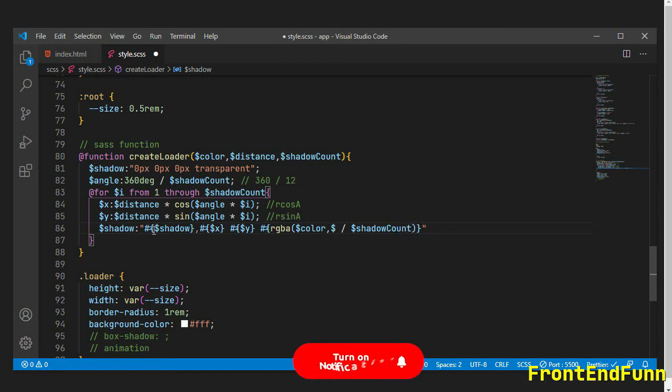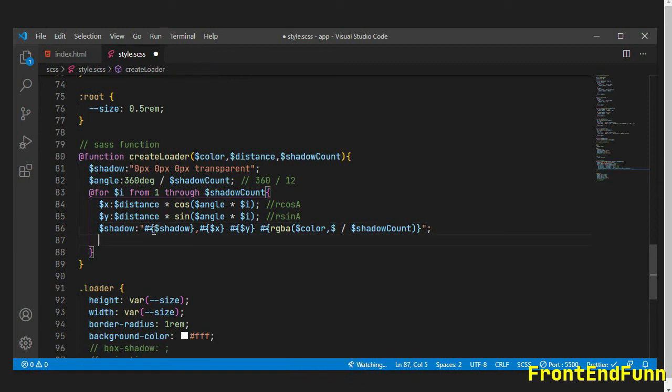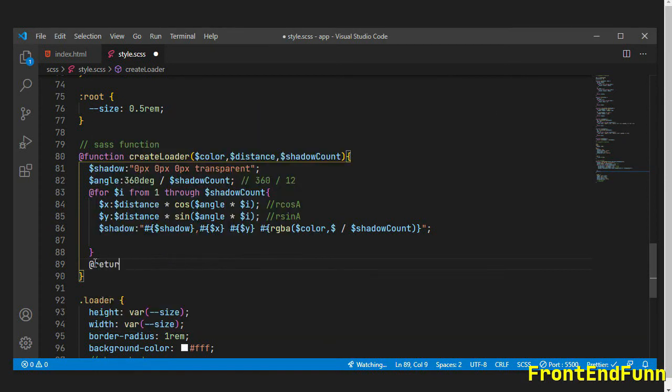So basically what it does is it will be adding some background color which is opaque at first and gradually decreases to 0. The RGBA value will be decreased to 0. Fine. And finally we need to return unquote of the shadow.